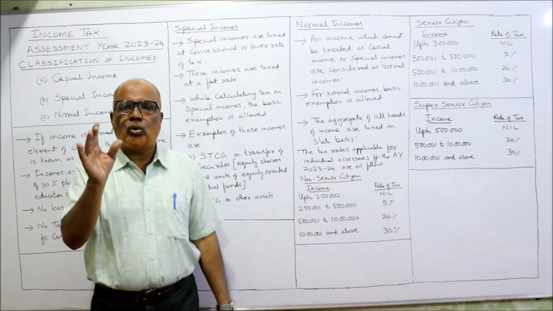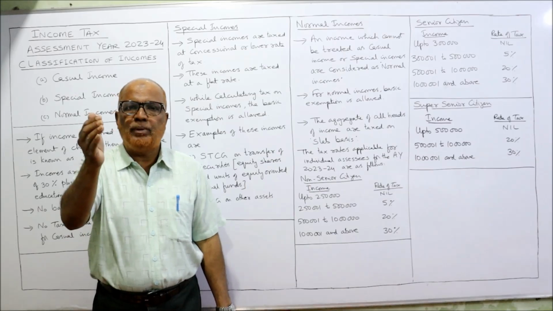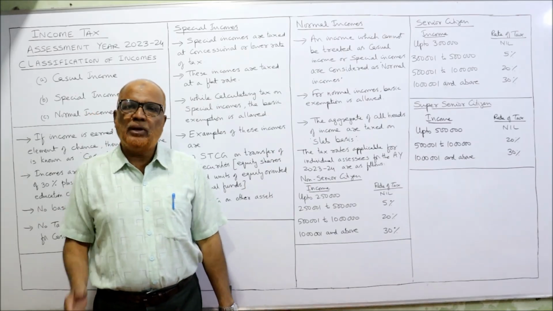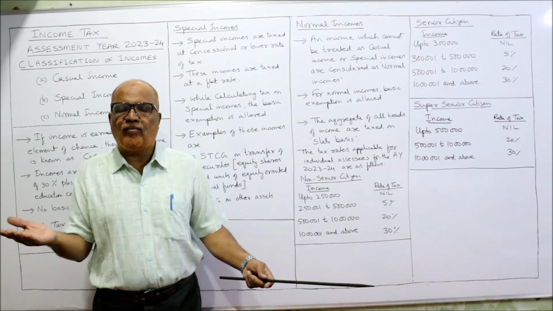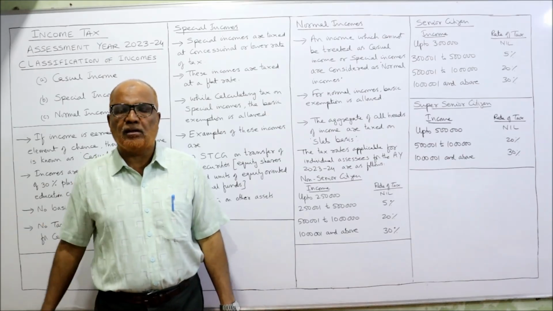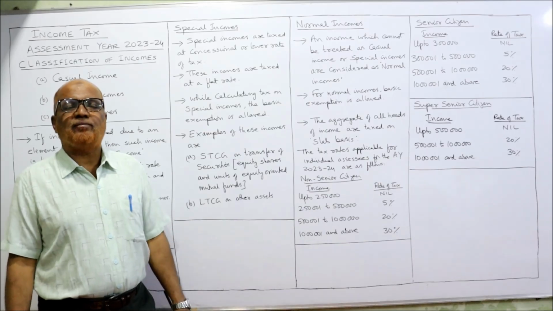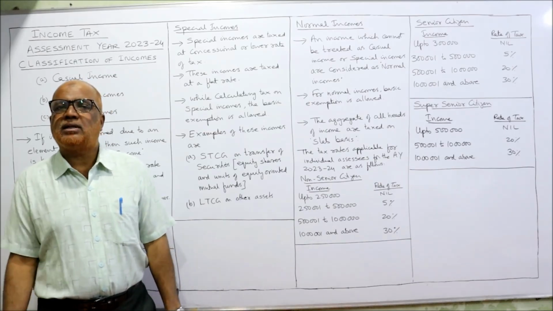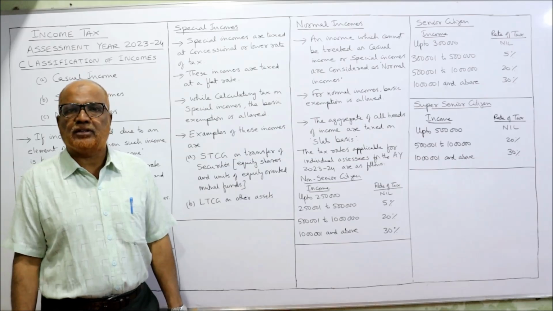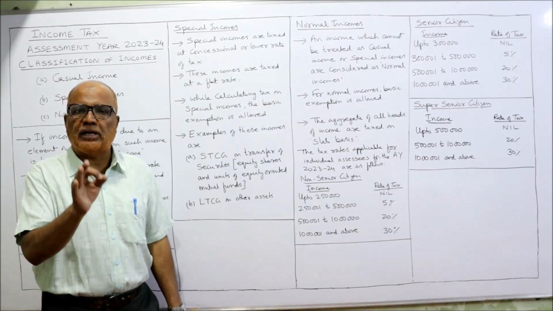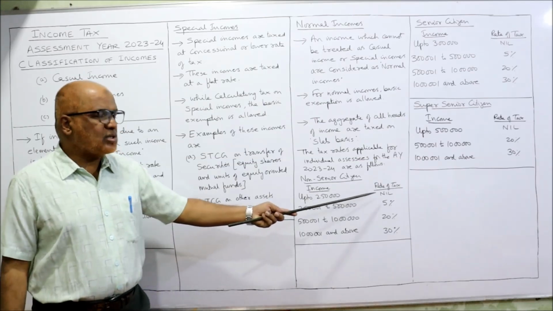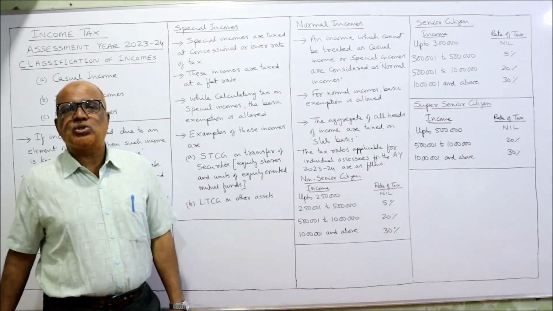Non-senior citizens are those people whose age is below 60 years. Below 60 years, whether men or women, they are called non-senior. For them, the slab rates are: first up to 2,50,000 nil, no tax. That is the basic exemption limit. So 2,50,000 nil. The next slab goes from